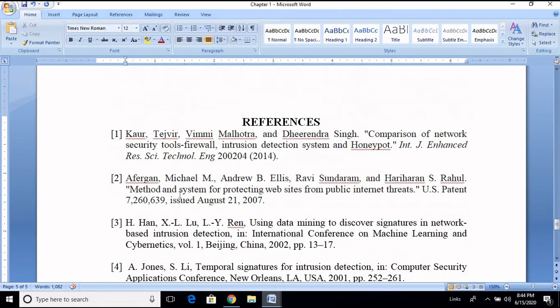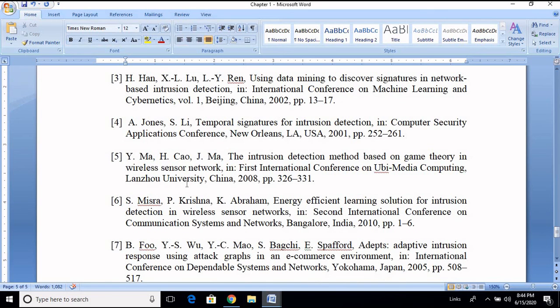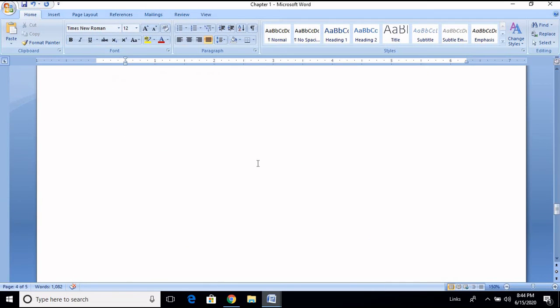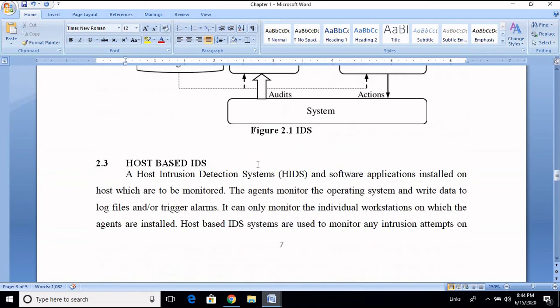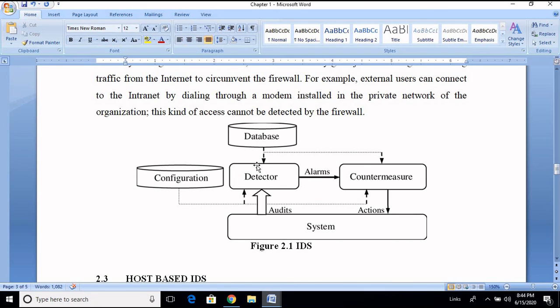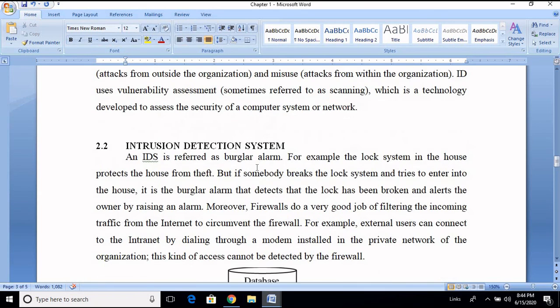Here you can see how the reference has been changed. Okay. So by following these guidelines, you can align the whole technical seminar report.